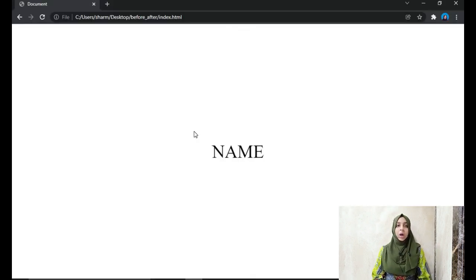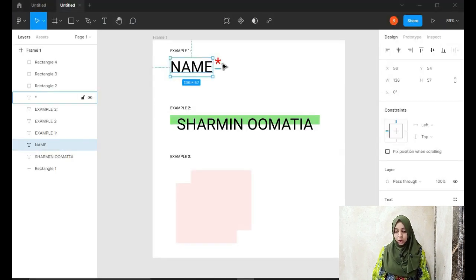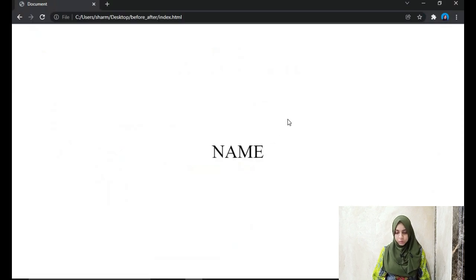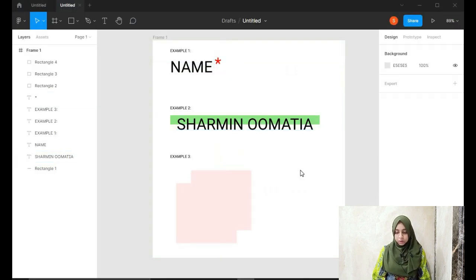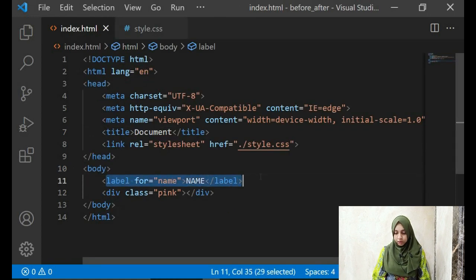Now what we will be doing here is our first example. We want an asterisk after that, which is red in color. To do this, we have our label element over here, right?